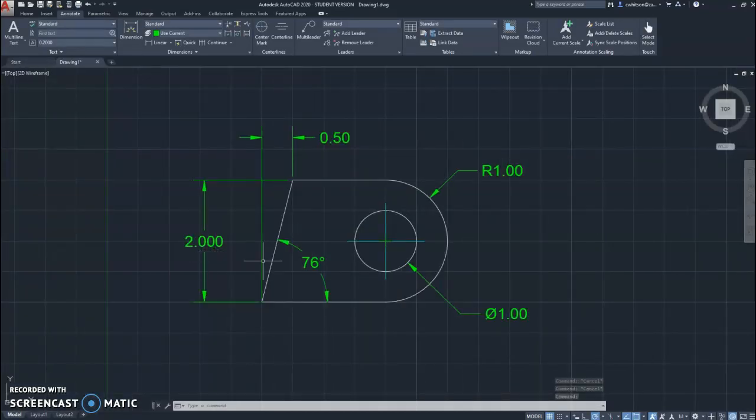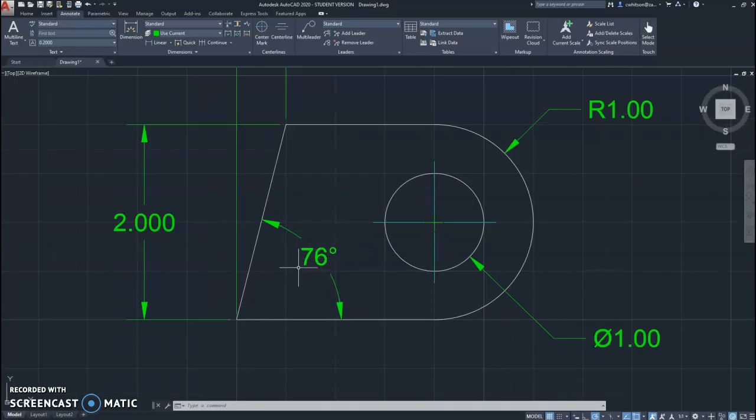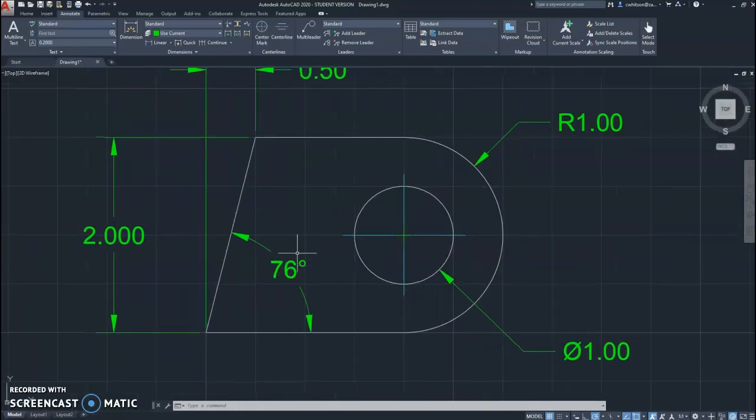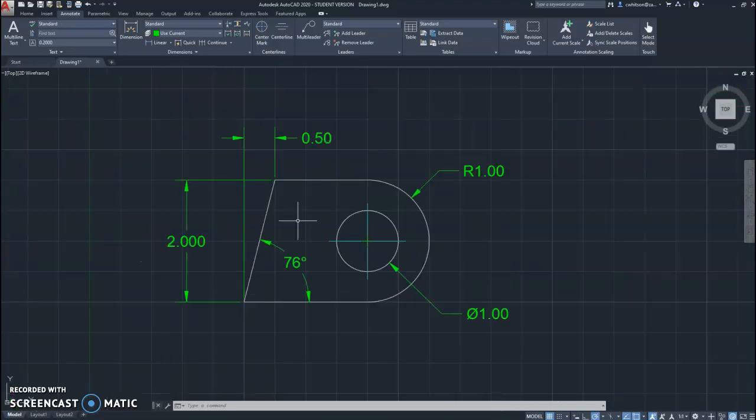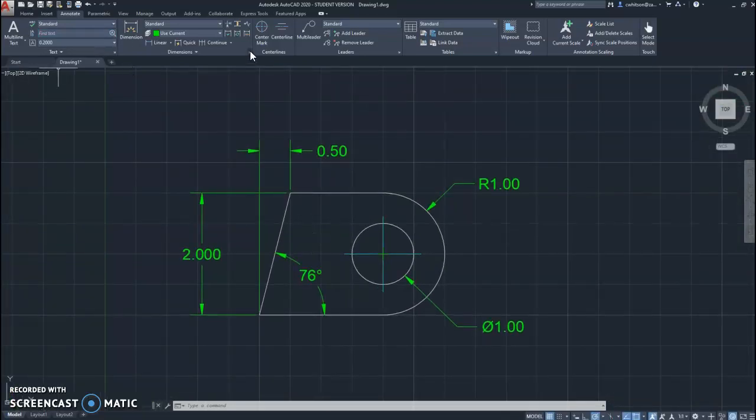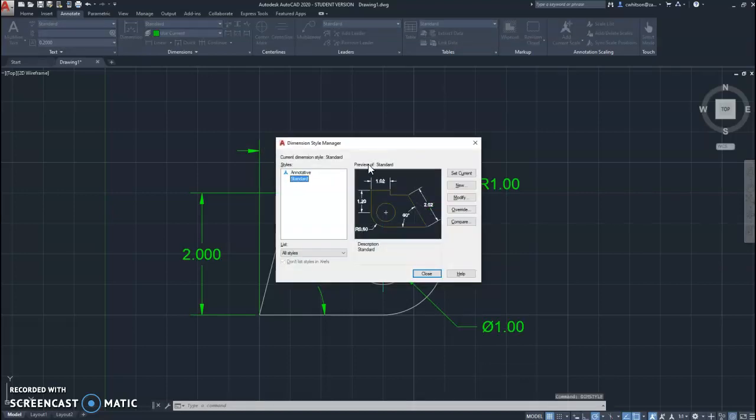There we go. So you may have noticed that our angular dimension here has no decimal places. So in order to change the precision level of angular dimensions, that is a separate style that we need to modify. So again, we'll click in the lower right corner of the dimensions toolbar, or we can use the keyboard shortcut DIMSTYLE. So I'm just typing DIMSTYLE, all one word, and hitting enter. And that also brings up the Dimension Style Manager. And again, I can go to Modify,